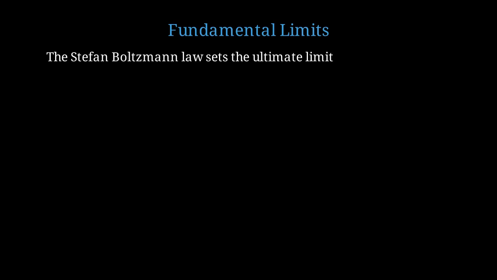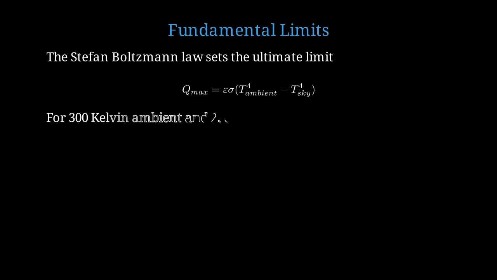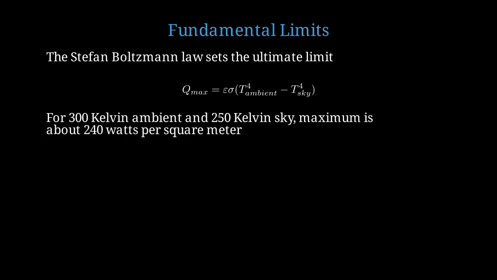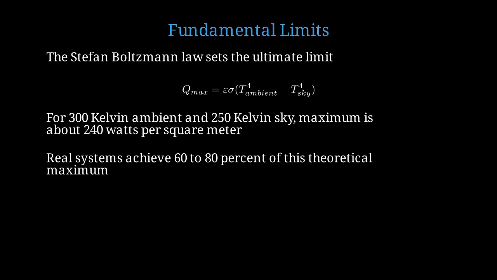Are there fundamental physical limits to how much cooling we can achieve? Yes, there are. The Stefan-Boltzmann law sets the ultimate limit. Even with perfect spectral selectivity, the cooling power is bounded. The maximum cooling power is epsilon sigma times T ambient to the fourth minus T sky to the fourth, where epsilon is at most 1. For typical conditions with 300 Kelvin ambient and 250 Kelvin effective sky temperature, the maximum is about 240 watts per square meter. Real systems achieve 60 to 80% of this theoretical maximum due to non-ideal spectral properties and convective heat